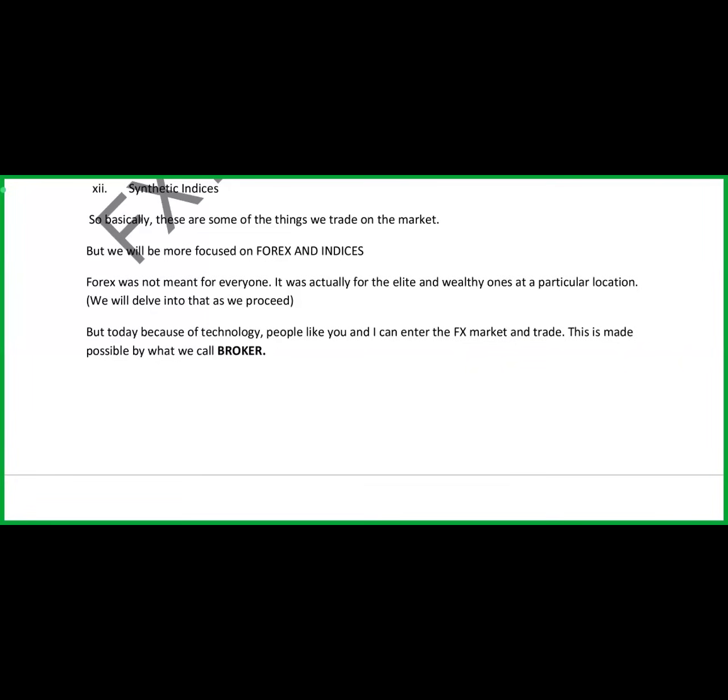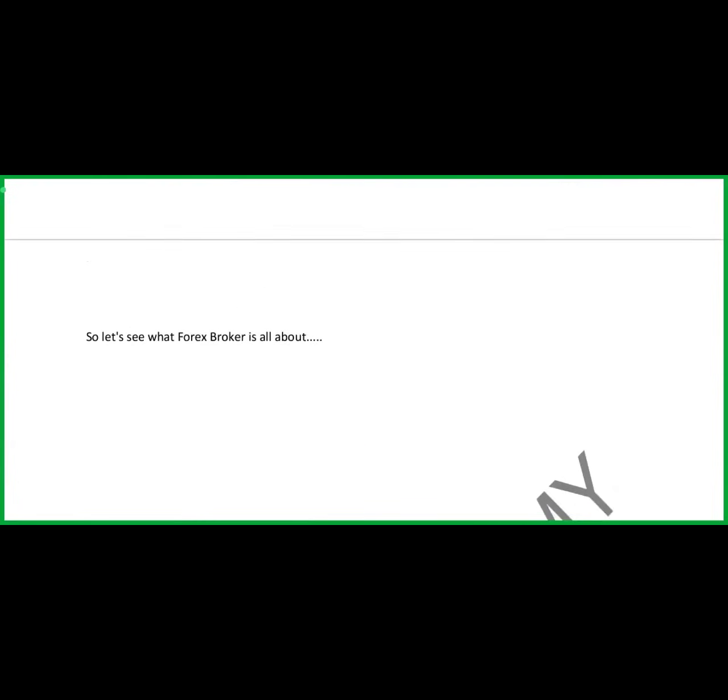This is made possible with what we call a broker. With the help of brokers, we'll be able to trade the market. Initially, before Forex became so rampant that people can just enter the market anyhow, or want to buy, or want to open accounts, you couldn't. It was only for the rich, banks, governors, and governmental parastatals. They were the only ones that had access then. No civilian could just say you want to go and trade. But now, with the help of technology advancements, we have brokers. So these brokers give us access